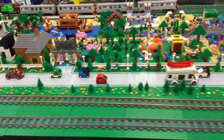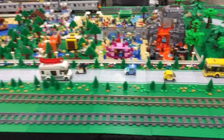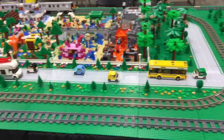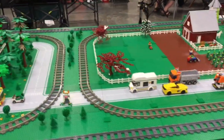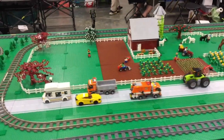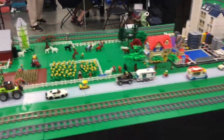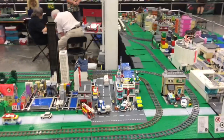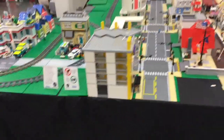Lots of cool things here. Just lots of stuff. Minecraft. I wish the trains were running, but not right now. Maybe later. And over. And back. Alright. Let us move over